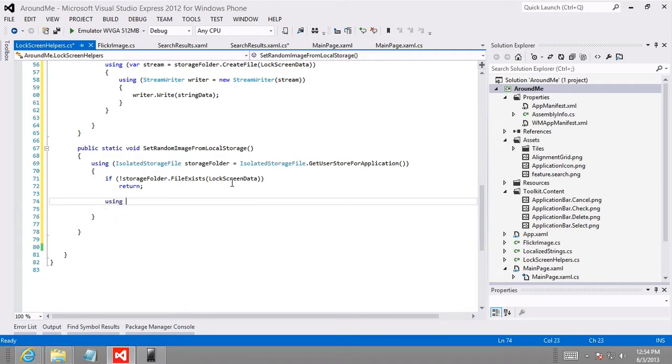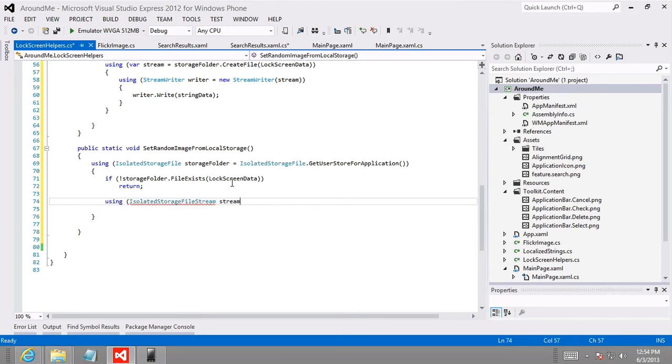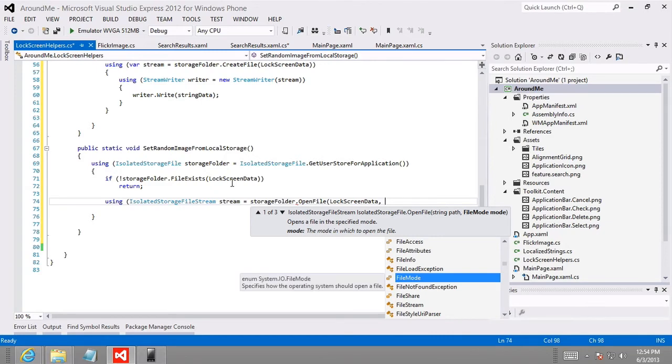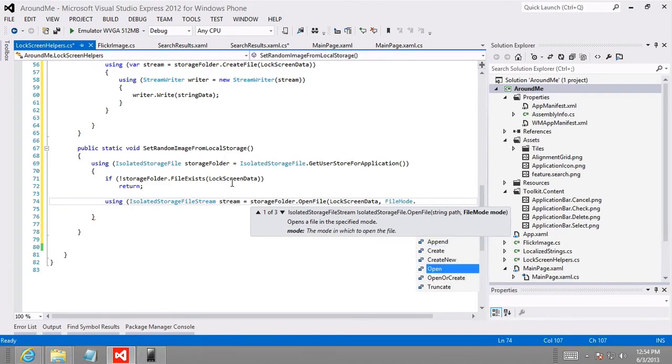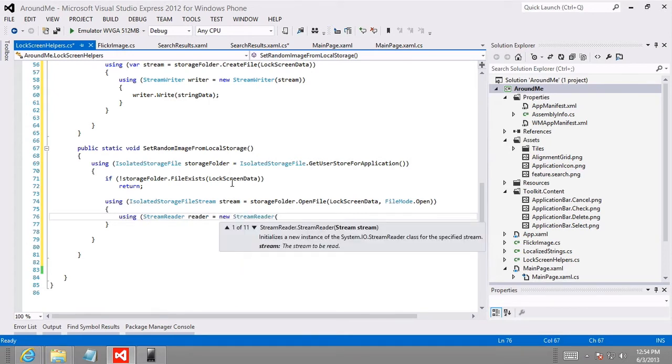But if it does exist, then we're going to want to isolate storage file stream, storage folder dot open file lock screen data, and we want a file mode open. Great. And inside of there, we're going to need to read that baby out. So we're going to know we're using a stream reader, reader equals new stream reader, and we'll pass in